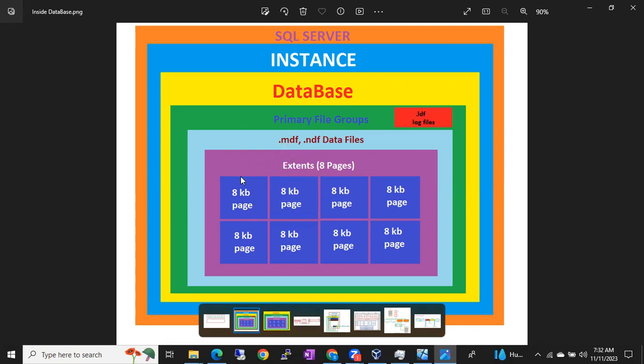So in the extents, you can see pages. Page is nothing but a basic storage unit of a SQL Server. So when you are creating any table, initially SQL Server will allocate an 8 KB page to the table. Initially, for the first time, if you are creating a table, SQL Server will allocate a page from